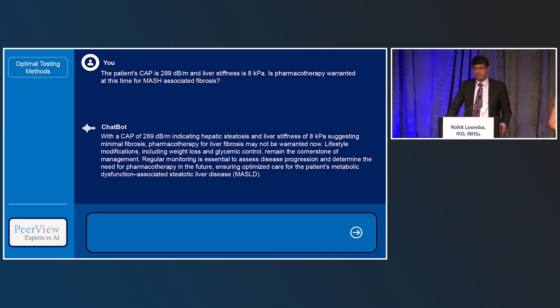So you wouldn't be thinking about treating the liver fibrosis because we don't think it's stage 2 or stage 3 based upon the information that we have. So you would want to optimize their metabolic health and think about treatment of their obesity and type 2 diabetes with the best possible modalities that are available.